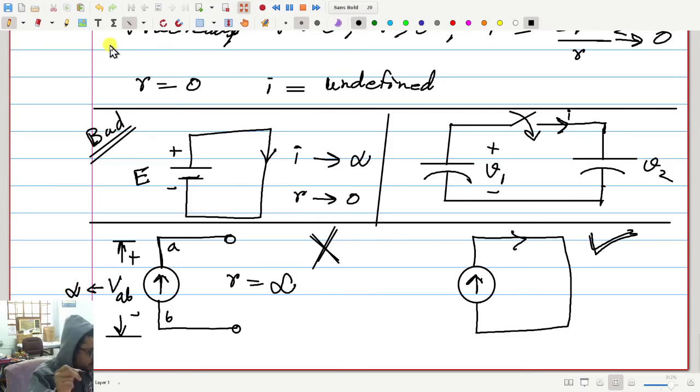Sir, the circuit which you have drawn at the top, marked bad, is not possible, because it can only happen if the wire has ideally zero resistance, but it is not possible to have zero resistance. Practically, any wire will have some small, very small resistance, and therefore the current will be very high. Okay, and therefore it is again dangerous. A very high amount of current can be very dangerous and damaging.